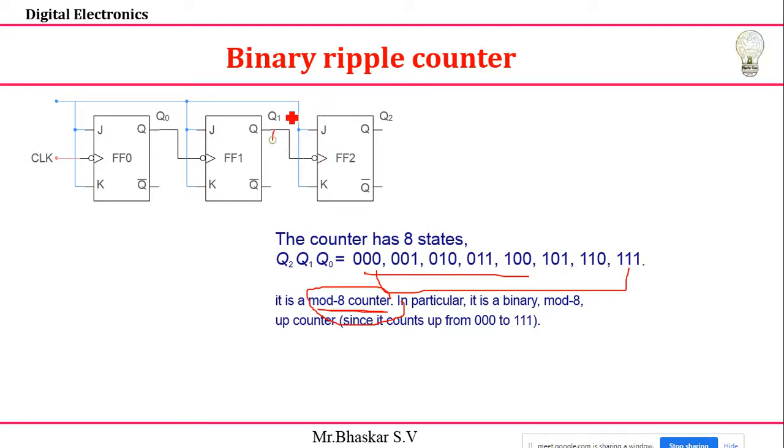For some extra circuitry, I need to use an AND gate and OR gate. By using the AND-OR combination I can stop this process. How to do this, we'll see that part later, looking at a mode N counter, mode 5, mode 3 counters, how to design. Today just learn how to design a binary counter. With the same circuit and some modification, you'll get different counters. Okay, hope you understand this concept, right? Anybody having doubts? Up counter.